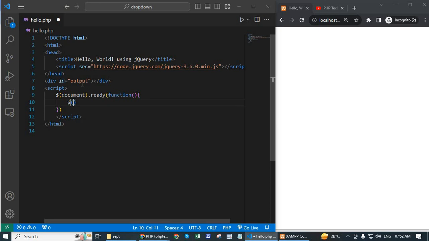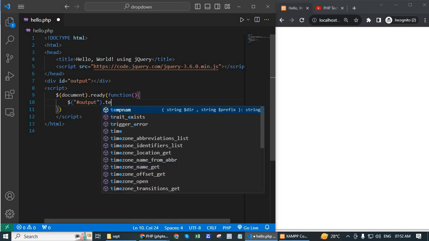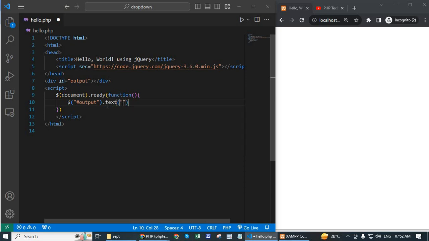Then write $( open, copy the div id output and paste here, dot text open and close, write hello world and semicolon, and save. And write style for pinning the hello world in the middle of the